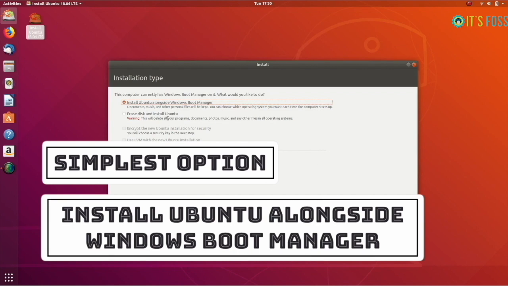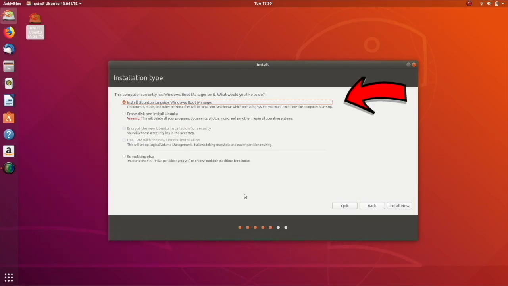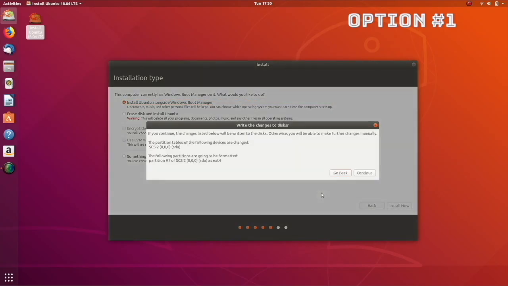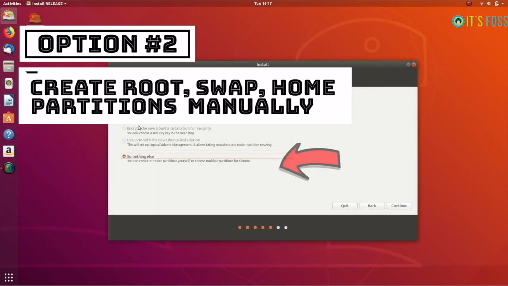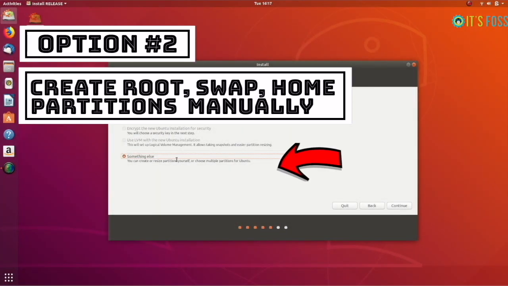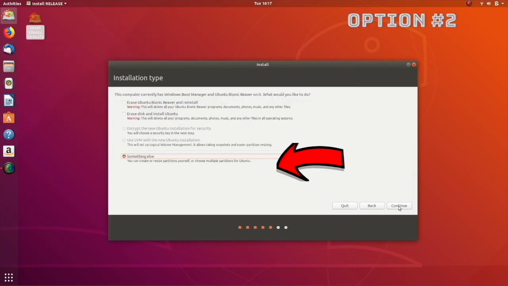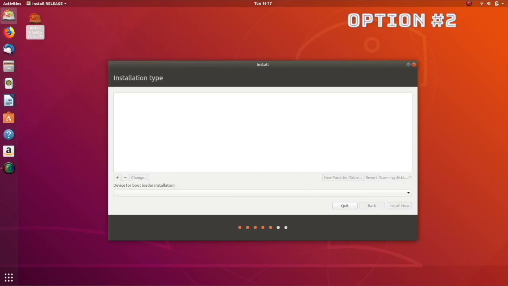So the simplest option, if you are afraid of manual partitioning, is to let Ubuntu handle it. If you see that option, just go for it. If you are a beginner, it's good enough for you. Ubuntu will automatically create everything for you. You don't get to choose how much space you should be allotting, but that's not your concern for the moment. But if you are an intermediate user, or if you want more control, go for the "Something else" option and